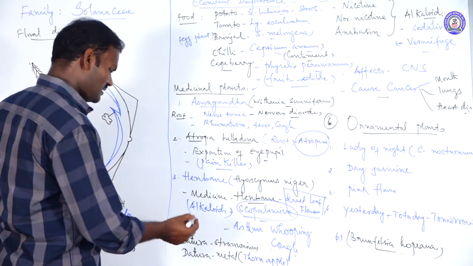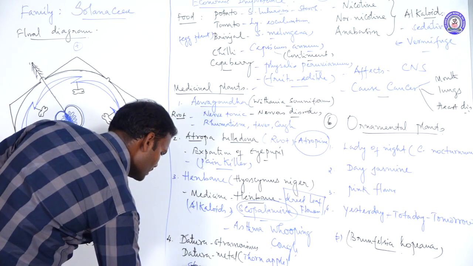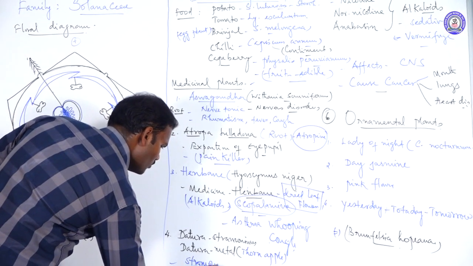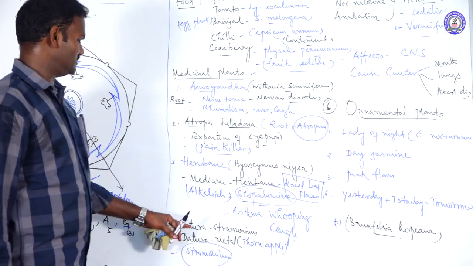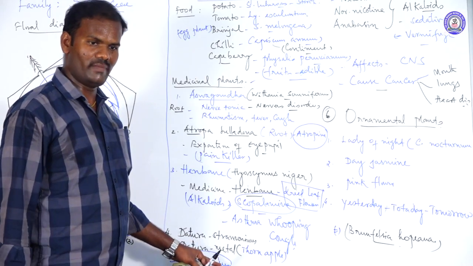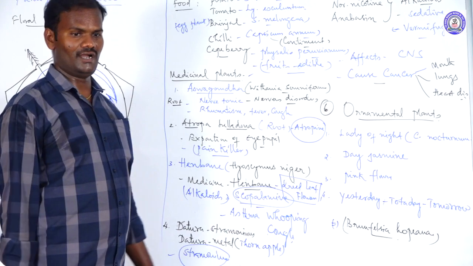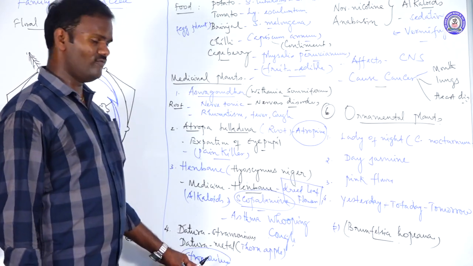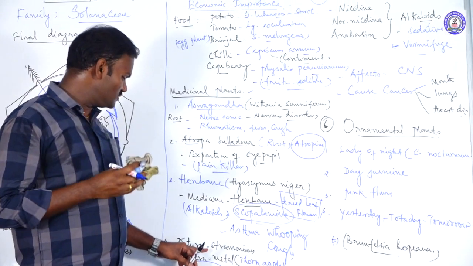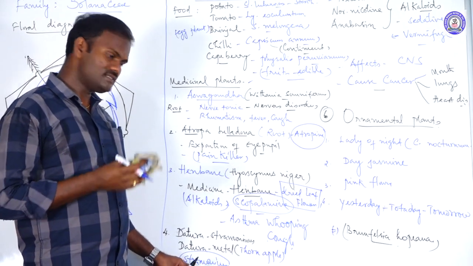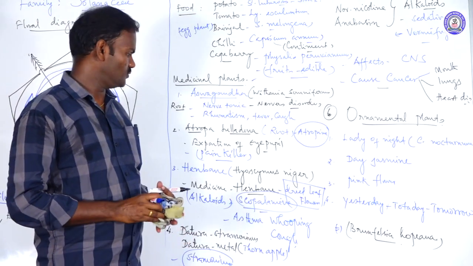So, where is the source of drug? Stramonium is the source of drug, which is present in Datura stramonium and Datura metel. It is used to treat asthma and whooping cough. It is obtained from leaves and flowers of this plant. The source of drug is called stramonium drug. It is also used to treat asthma as well as whooping cough.